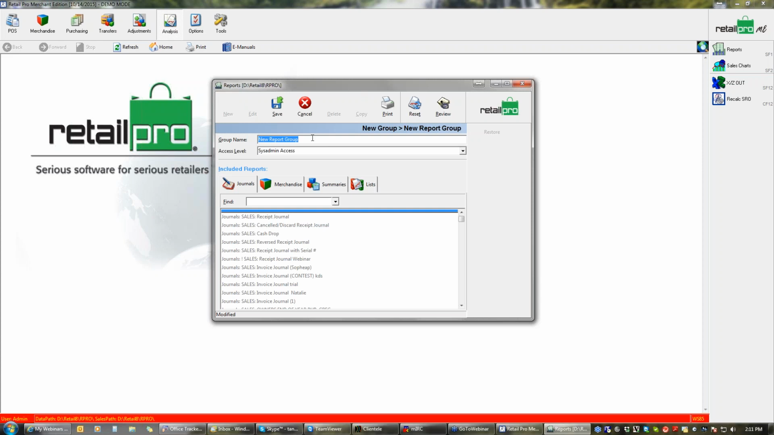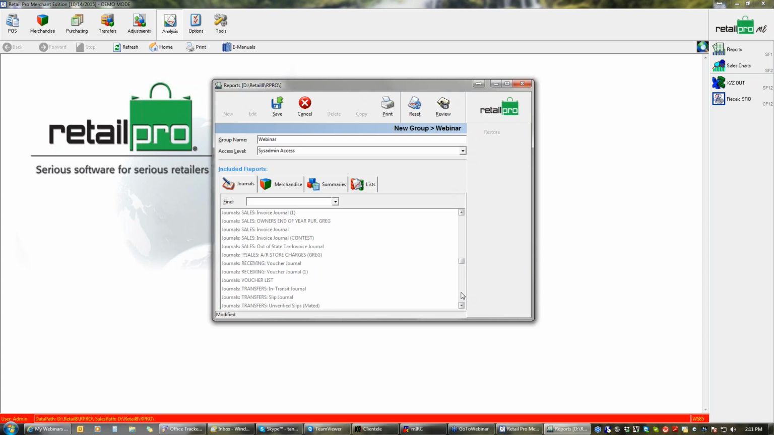The name of that group can be anything you want. So I'm just going to keep it consistent. You can set the access level to who has access to this group. I'm going to leave it on sysadmin. And what I'm going to do is, in my journals, I want to grab my